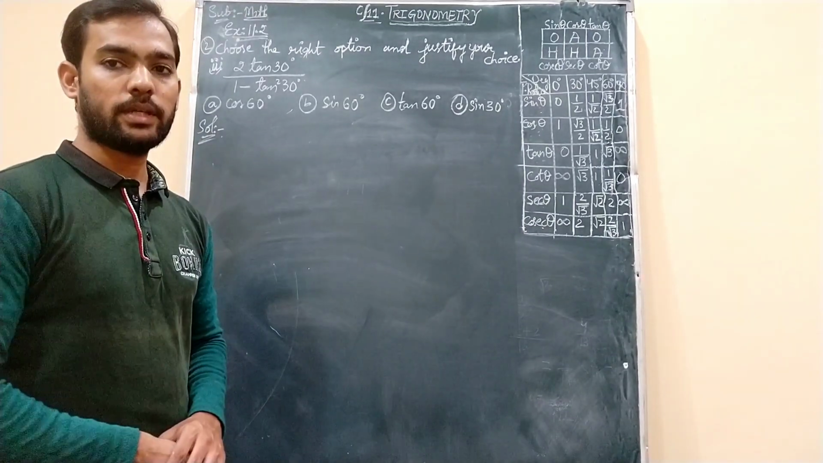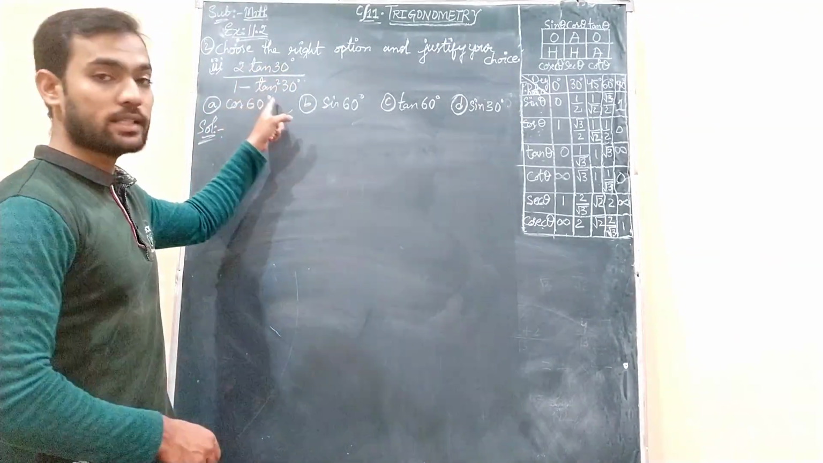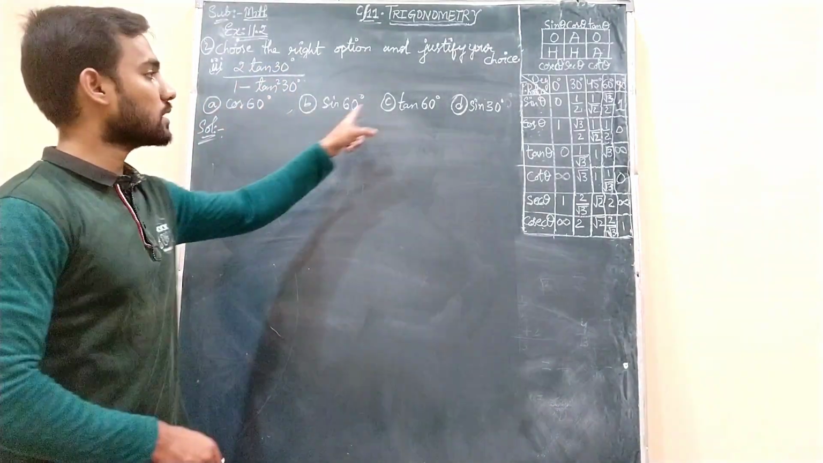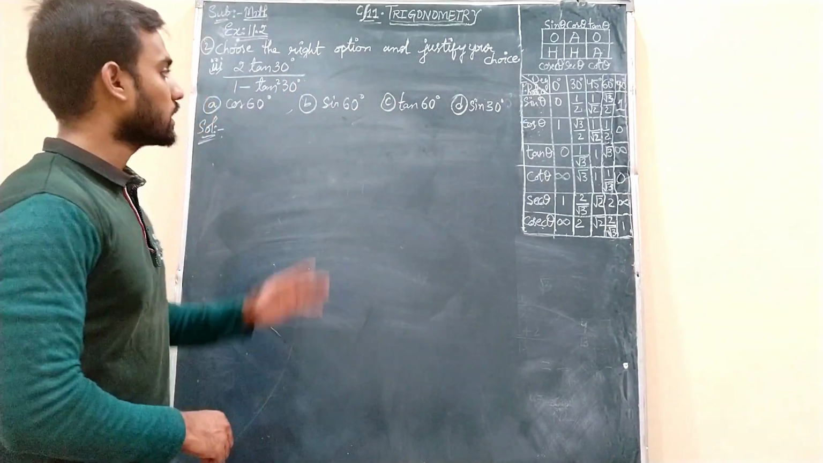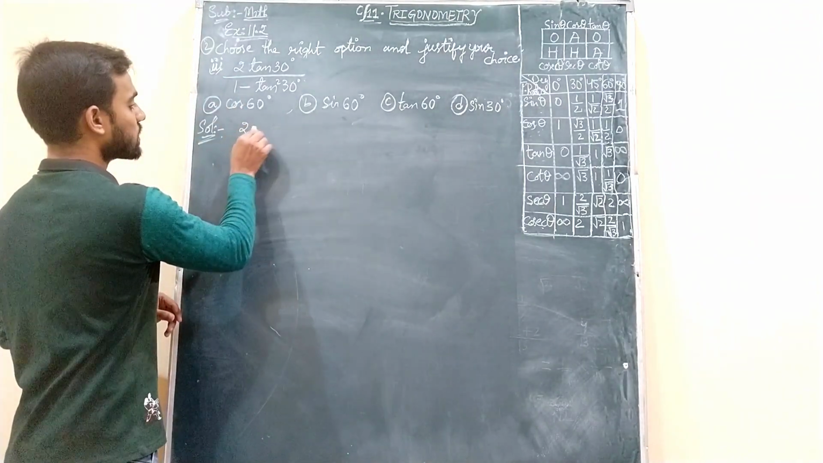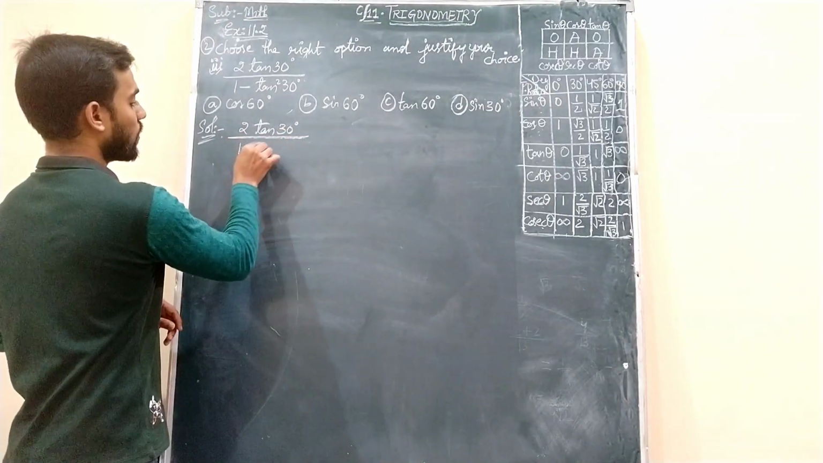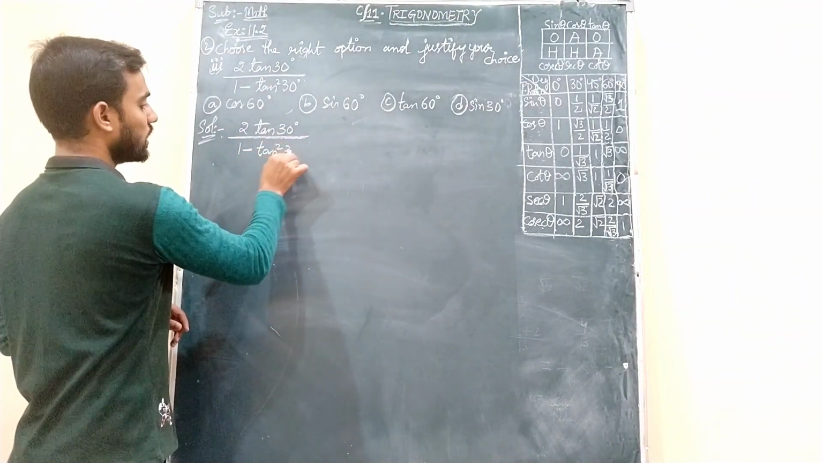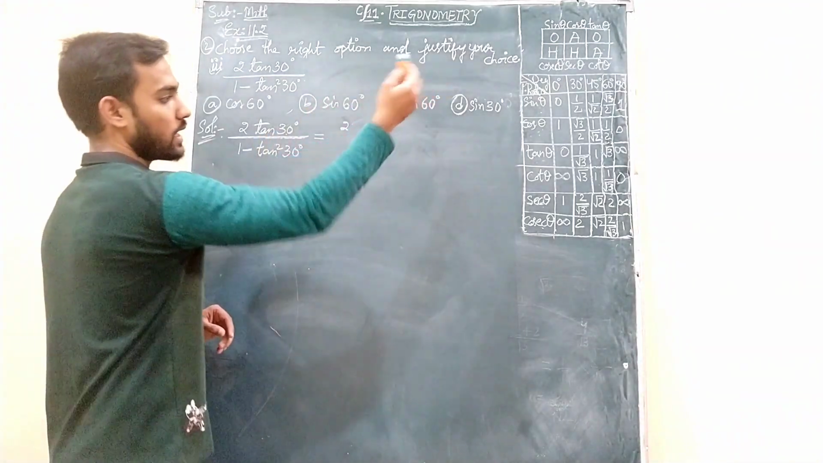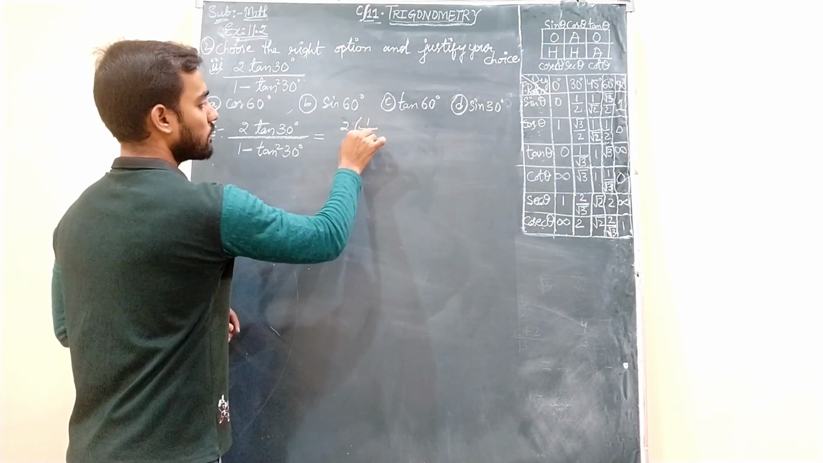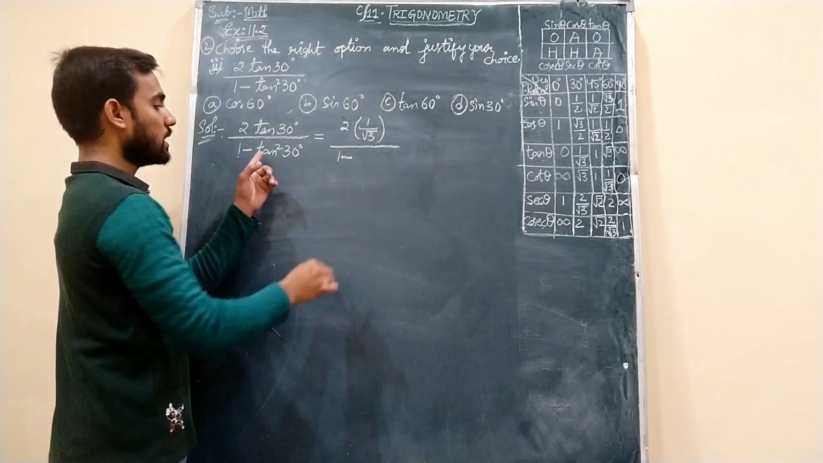This is the final bit in question number 2. That is 2 tan 30 degree divided by 1 minus tan square 30 degree. These are the 4 options given: cos 60, sin 60, tan 60 and sin 30 degree. Now first we will copy the same expression. 2 tan 30 degree divided by 1 minus tan square 30 degree equals 2 into tan 30. As just now we have seen, tan 30 is 1 by root 3 divided by 1 minus, here tan square